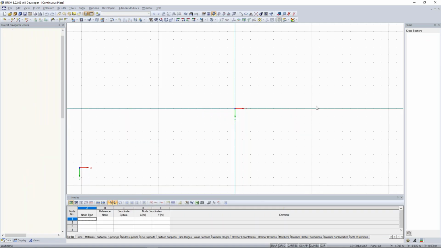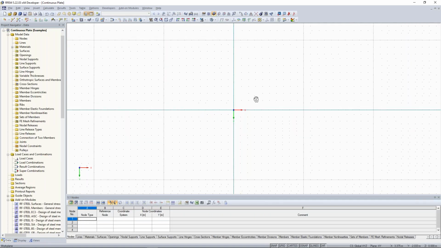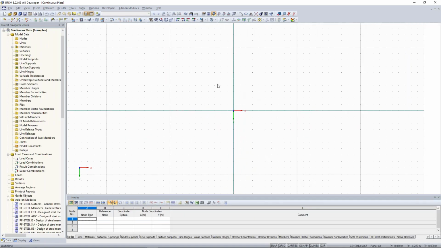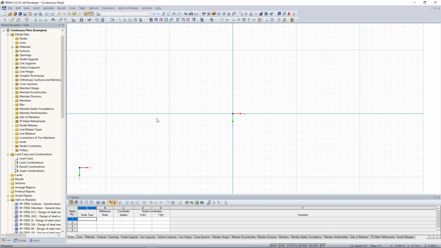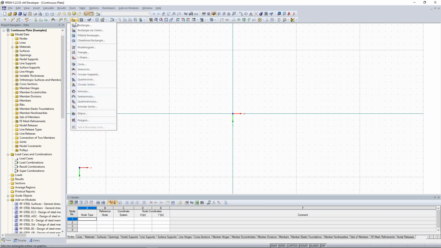And my new work window is opened, and I can create this plate. So first of all, I go here to the symbol bar and I create a new rectangular surface. I can also click here on this arrow and open the different possibilities to create a surface. I click here on rectangle,